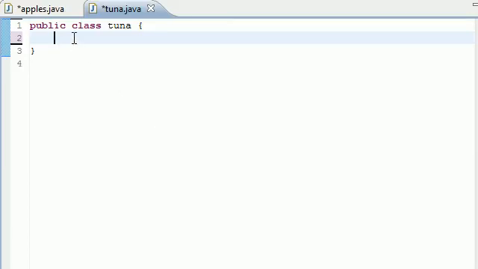Welcome to your 16th Java tutorial, and in this tutorial I'm going to be teaching you guys how to use multiple methods and also something called instance variables when working with classes. So let's go ahead and open up our tune class and clear anything out if you have anything in there. And let's go ahead, and the first thing I want to do is make a new variable called private string and just put girl name, because we're going to be making a program in this tutorial to output the name